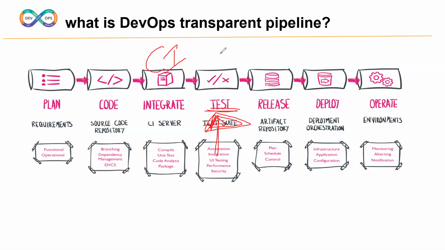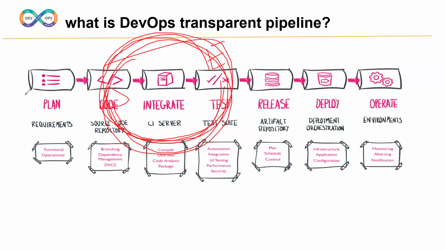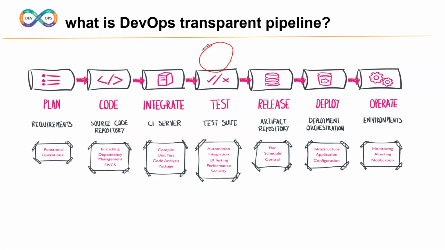But sometimes we may get an error. If we get an error, we automatically redirect back to the developer. The developer has to fix the issue. Again integration, again execute test cases. If we get an error again, it is redirected back to the developer, who has to fix the issue. This loop is repeated until there are zero errors and zero bugs. Once it is zero, what do we call it?